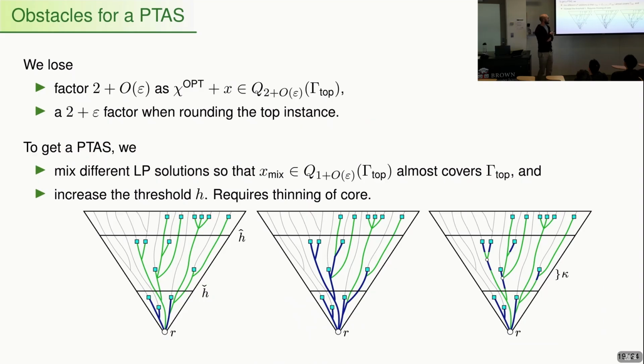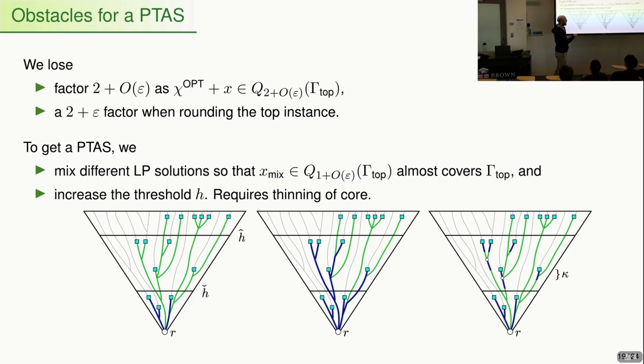And the second thing that we need to do is to increase the threshold height so that we have an integrality gap of roughly 1 on the top levels. We do this by thinning out the core. Again, in this example, the core set for this threshold height would be these blue edges. In the end, the thin core that we construct is